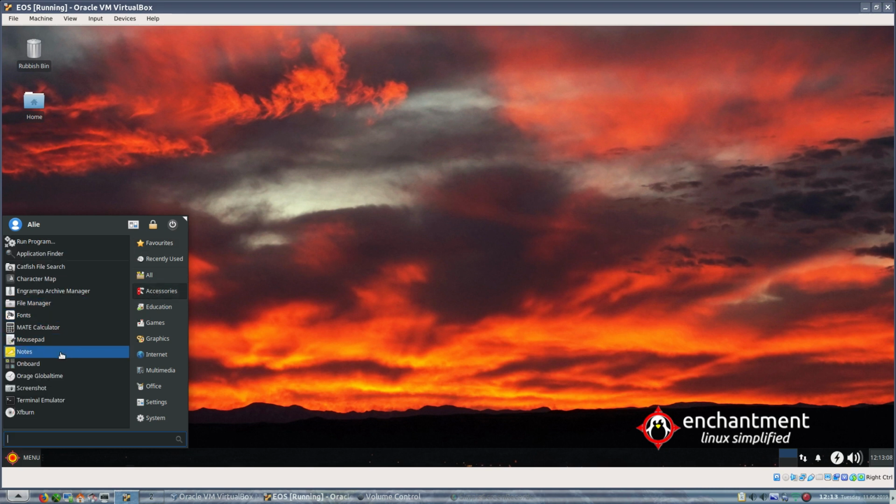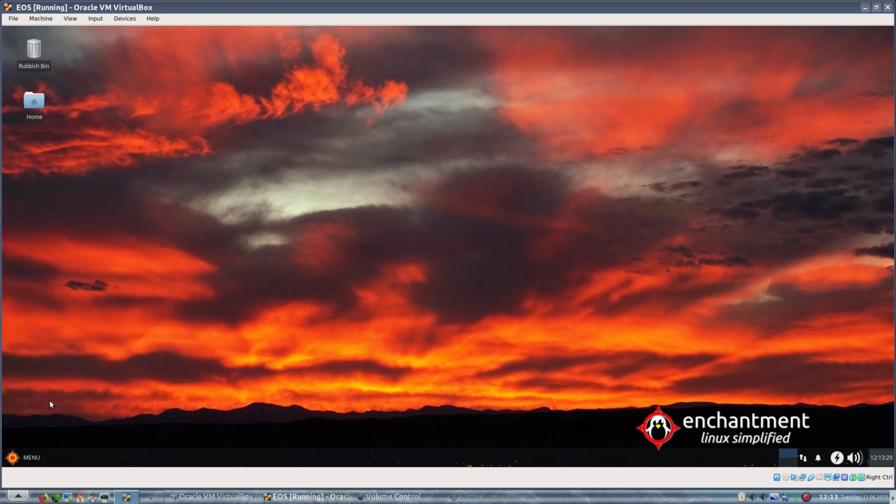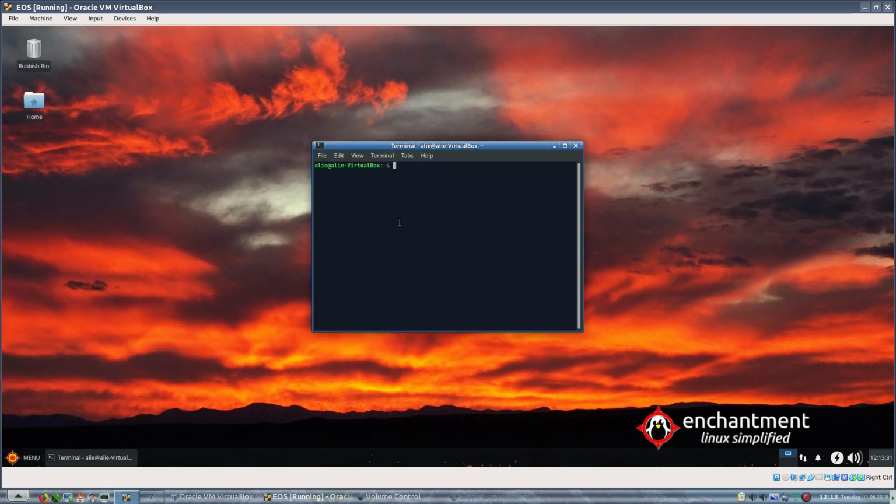We have notes, of course, which is like sticky pads for quick notes. Onboard, which is our on-screen keyboard for those with a touch screen. We've got Orange Global Time, which will show clocks for different parts of the planet. Screenshot taker, terminal emulator, which I assume will be the XFCE one. And while I'm here,